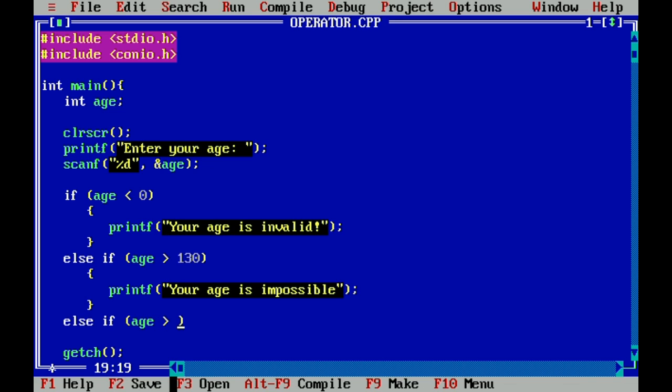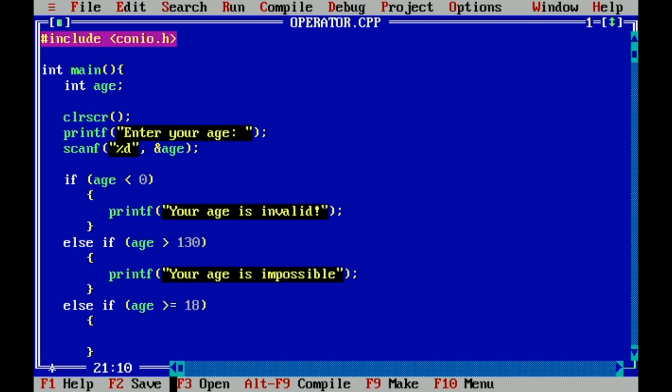If the age is greater than or equal to 18, because 18 is a legal age for voting, this time we can say that the age is qualified to vote. So we print, you are qualified to vote.